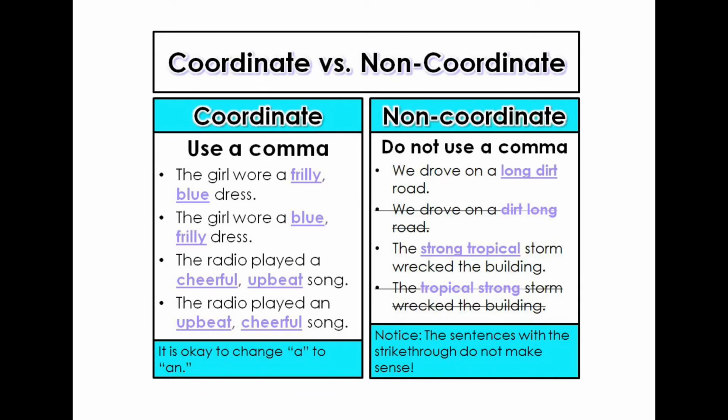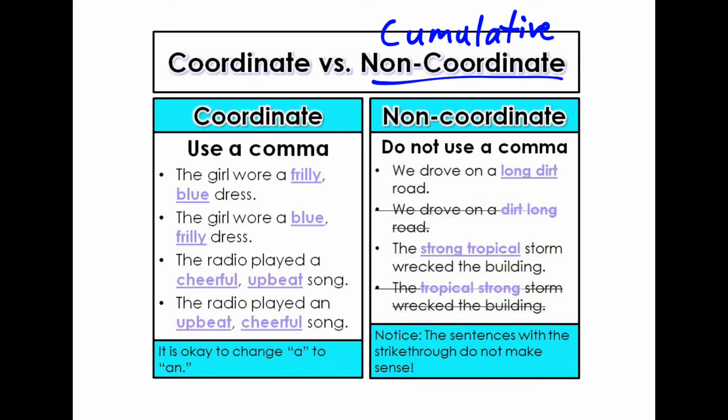Descriptive adjectives can also be coordinate or cumulative. So here they write non-coordinate. We can also call those cumulative. With coordinate adjectives, we have frilly, blue dress. Blue, frilly dress. You can change the order. They work separately to describe the noun. Cheerful, upbeat, cheerful. A trick is you can put the word and between them, and they require commas, versus cumulative